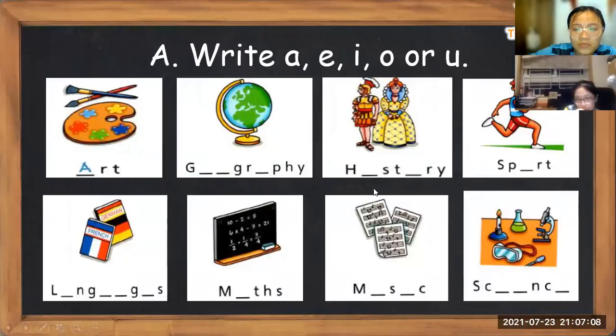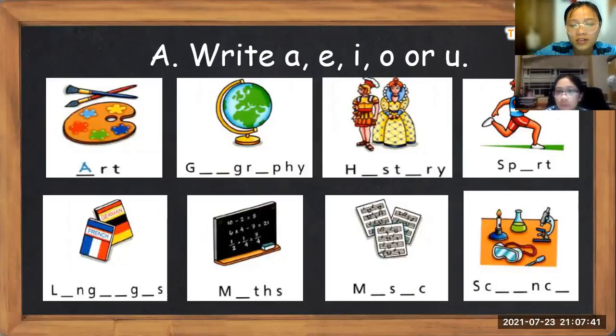Now let's do the same. I would like to give you maybe 3 minutes to write the missing letters in the subjects for me, from number 2, 3, 4, 5, 6, 7, and 8 here. 2 to 8. Okay, do you understand me? In the chat, you can write. Okay, let's start.